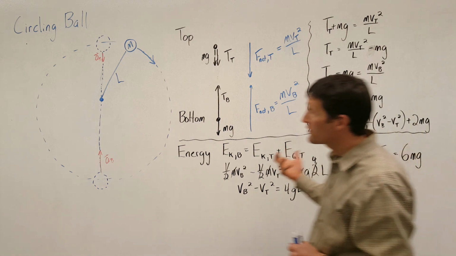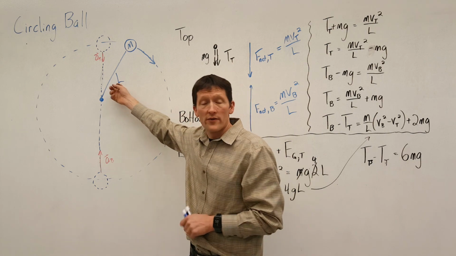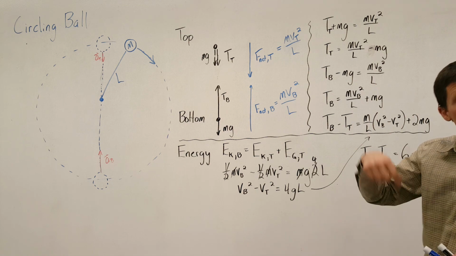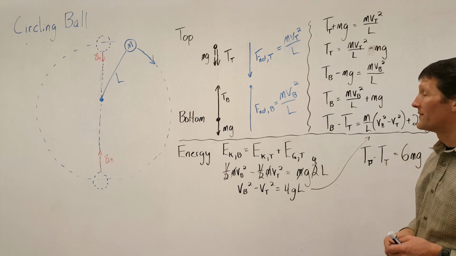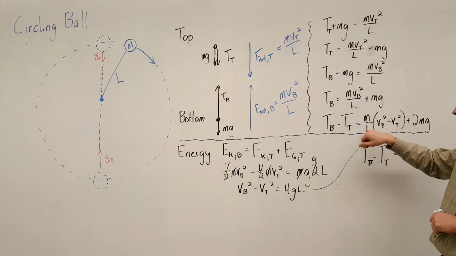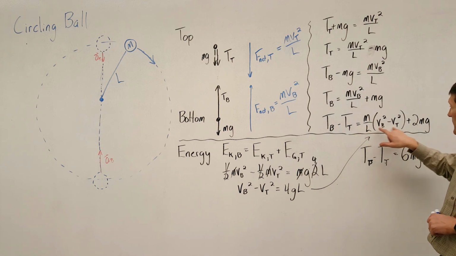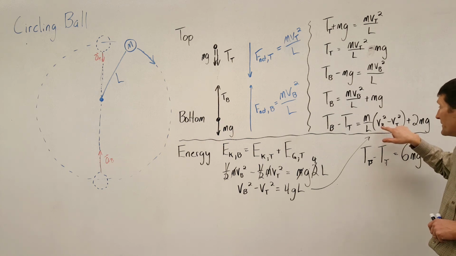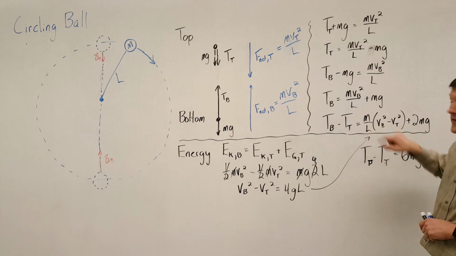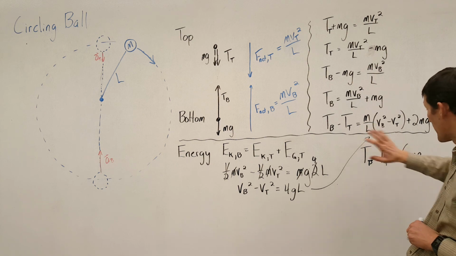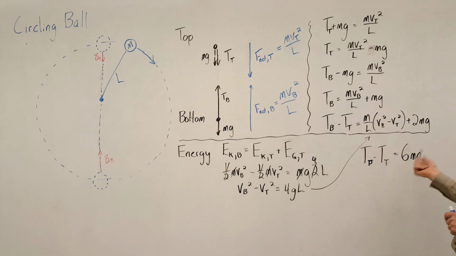And another thing is that the length of the string doesn't actually matter. So that tells me that if I do the same experiment with a small string and a big string, I end up getting the exact same effect. So what I find is that if the string were longer, the difference in the speed squares would be bigger, but it would be bigger in just the right amount to cancel the length of the string in the denominator. So that all factors out, and you just get that the difference in the two tensions is equal to 6